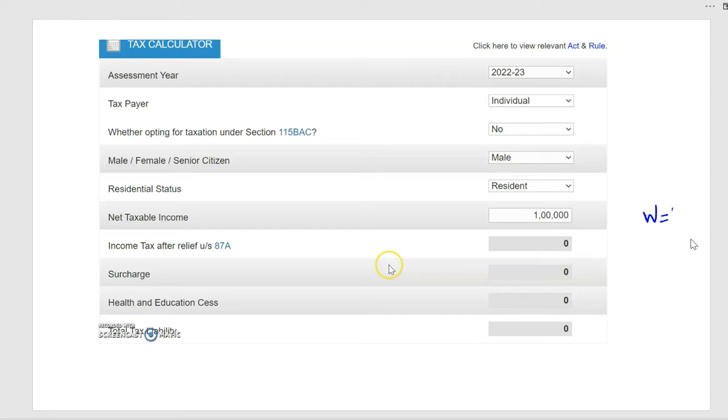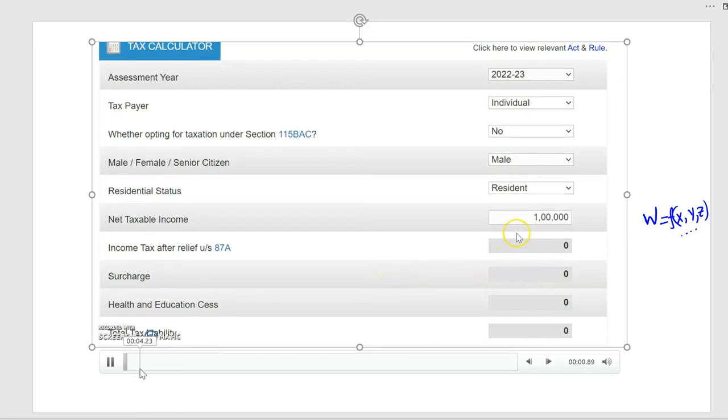W is a function of several variables actually. Some X, Y, Z, and some other functions are also there. This is a rough idea of how these functions are interconnected to each other. So if you try to calculate the variables, you will see. Now if you change the values,